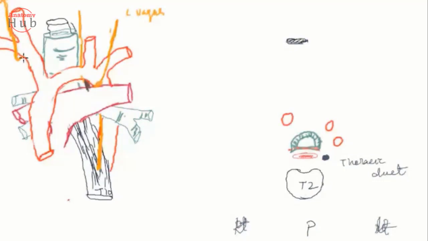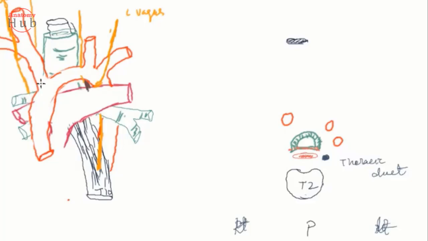Then this nerve hooks around the subclavian artery, then it ascends upward in between the trachea and the right common carotid artery. So this is your right recurrent laryngeal nerve, and this is your left recurrent laryngeal nerve. So two nerves you'll find over here. Then this nerve descends downward. It goes backward, behind this